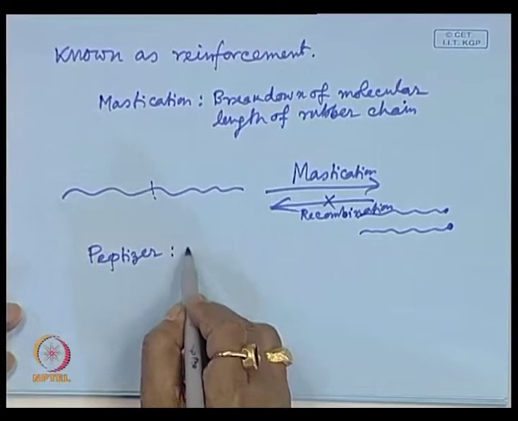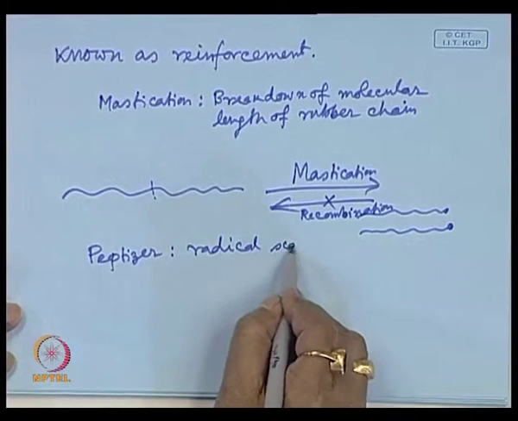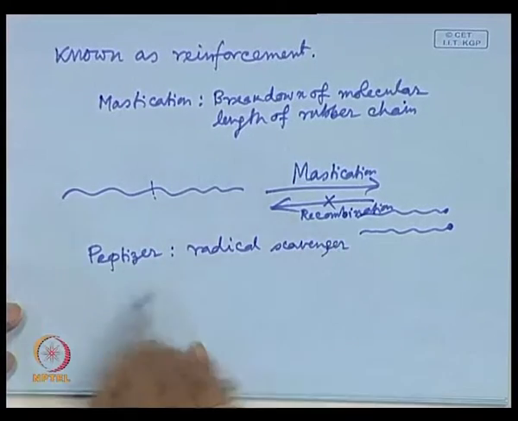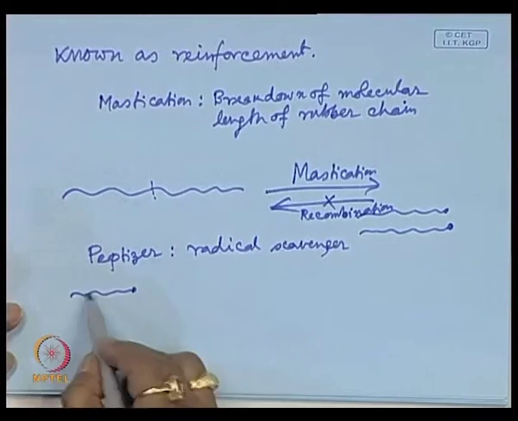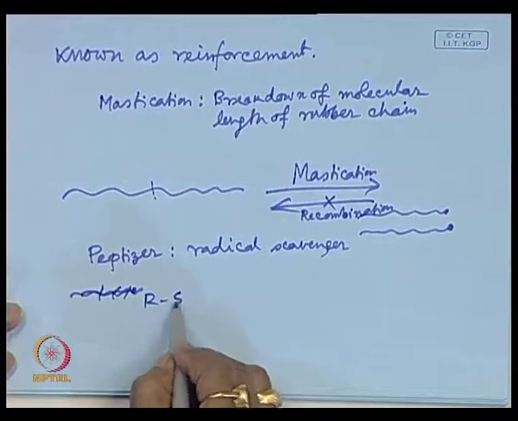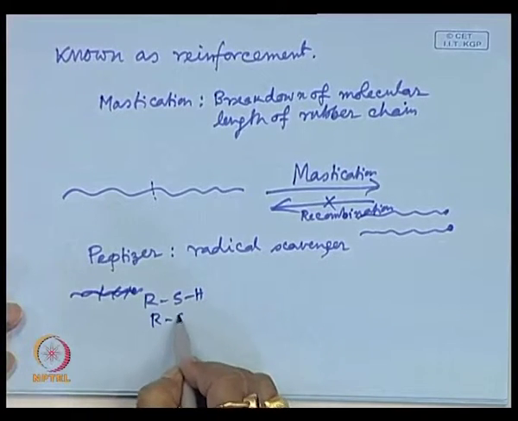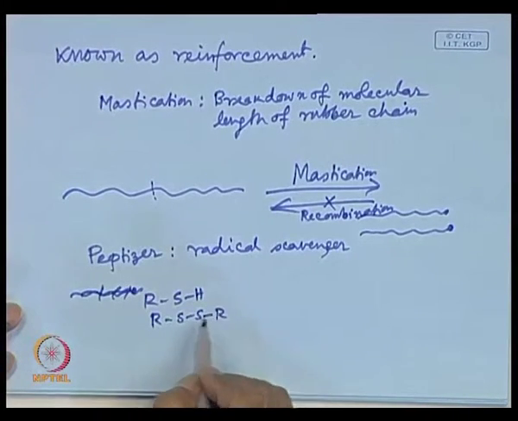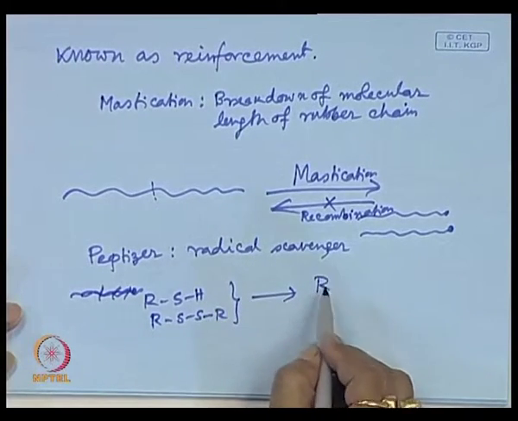Peptizers are radical scavengers, free radical scavengers. What does it do? Let me show you the first peptizer. Suppose RSH is a peptizer, a thiol type or disulfide type. What they do is thermally break down,